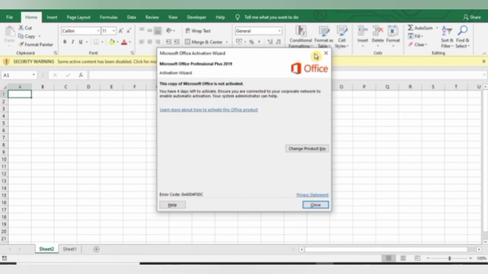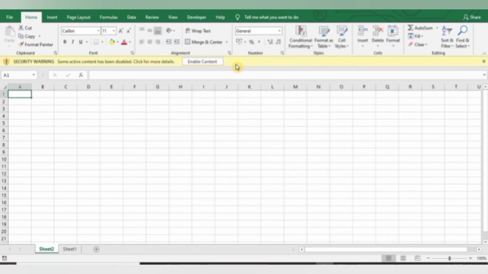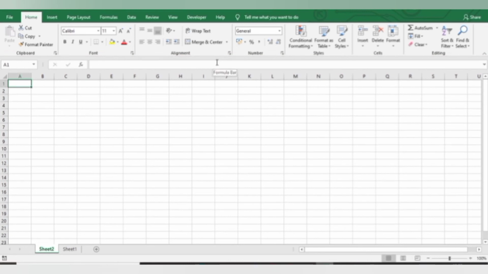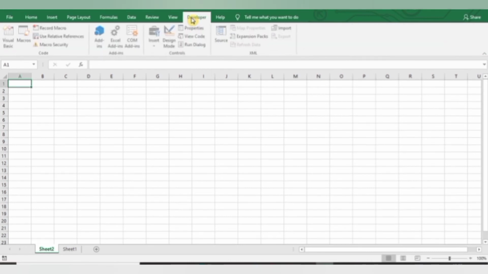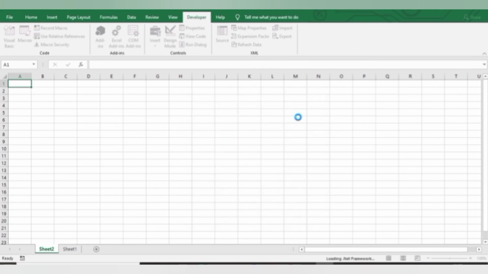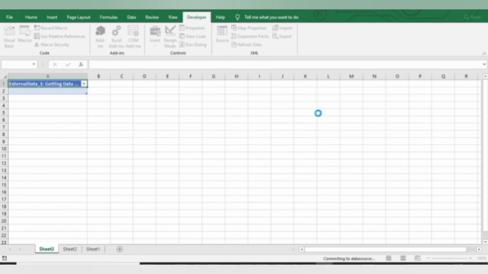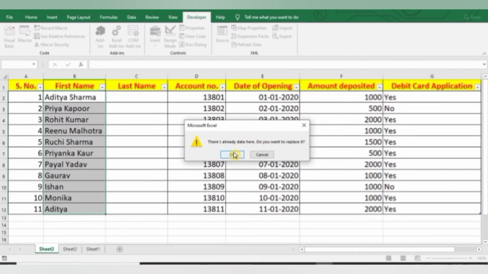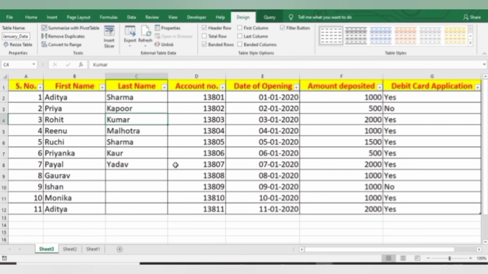Now if I again open my macro enabled template, first of all I need to enable content. And then if I go to my developer tab, and then in macros, I'm selecting my import data macro and then run. So this is how your data will look like.